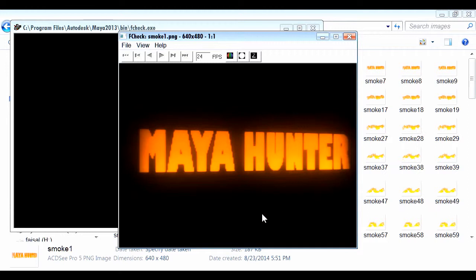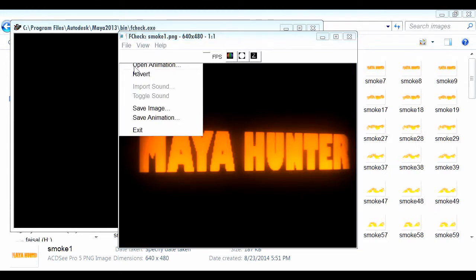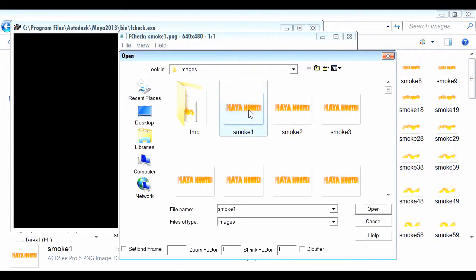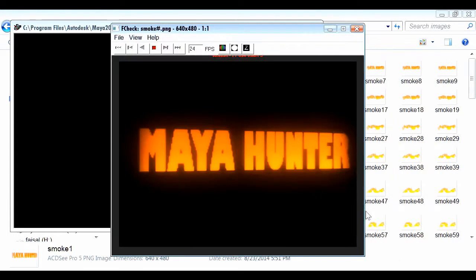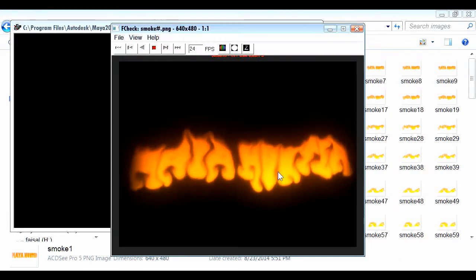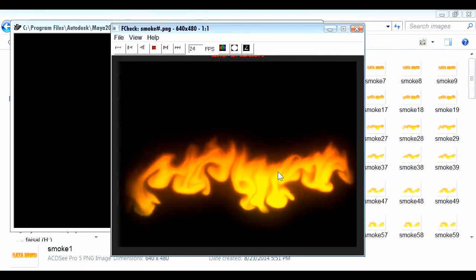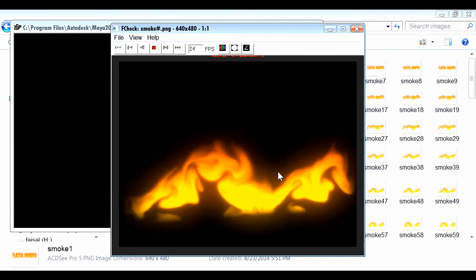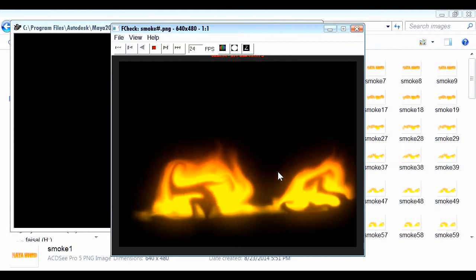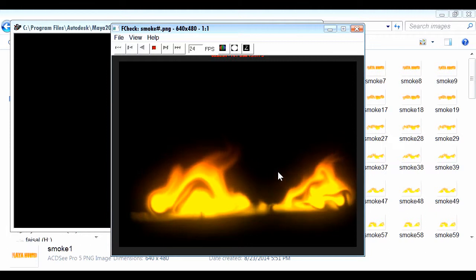So here is one more animation I just created. I will say file and open animation, and click on smoke one and say open. So here is the same kind of effect I created before. Just to show you how it's working, I am showing you this image.